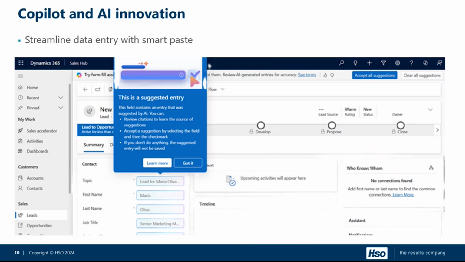Now with Smart Paste, what Microsoft have done is essentially taken your clipboard on your mouse. So if I'm receiving an email and I copy a whole email or a signature of someone's email, and I do the right click copy or Control C on my keyboard, that's going to save it to my clipboard. Now, when I go into Dynamics and create a new lead record, I can use the smart paste feature, which will identify that I've got a record of some sort in my clipboard,